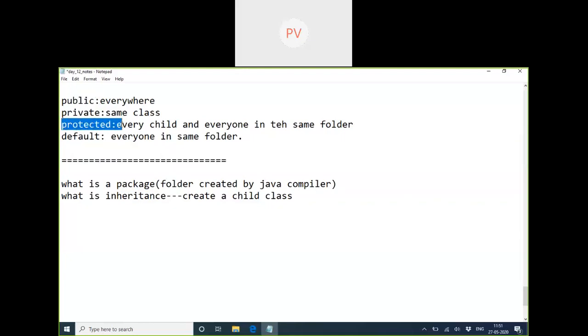Now, how will I show the protected difference? For that, I should be able to create a child class. We should know how to create an inheritance concept. So if I'm able to create a child class, then I'll create a child from other packages. Then I'll be able to show you the difference between protected and public: what is the meaning of public and what is the meaning of protected? Is that clear till here? Inheritance, tomorrow we will deal with in depth actually.